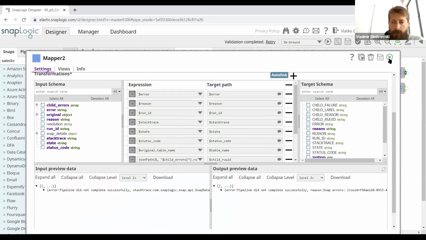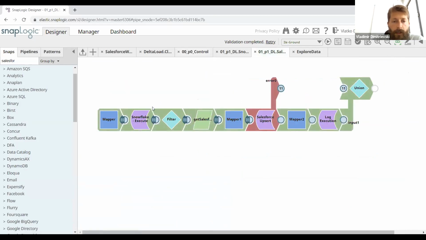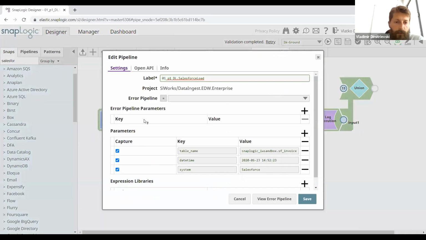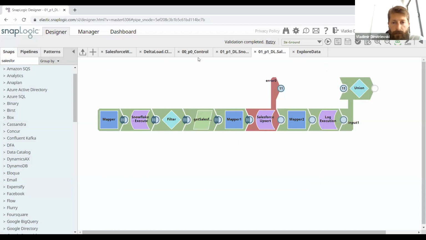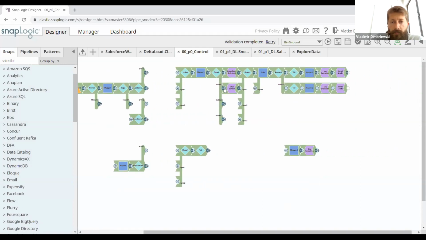But the backbone of this is actually the working pipeline. The working pipeline is made in an atomic fashion so that it's kept as simple as possible, and it has been given the permission to error out and fail the actual execution. Because when you have a pipeline that handles the errors on your pipeline level, like this here, that will change the default execution of a pipeline. So if we go back to the control, once an error is generated, we make sure that we log